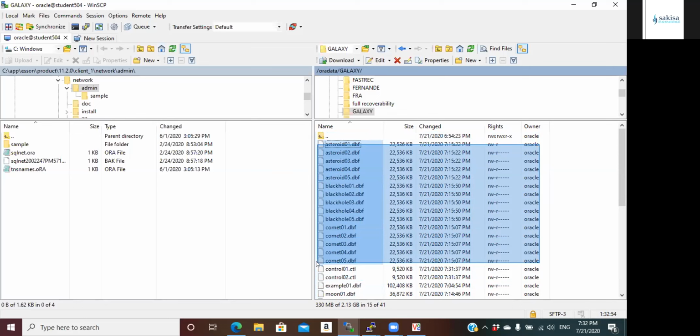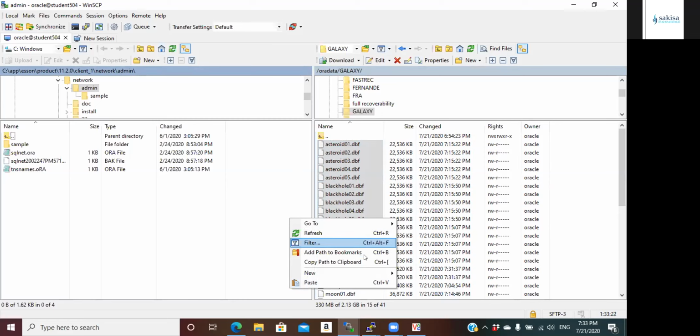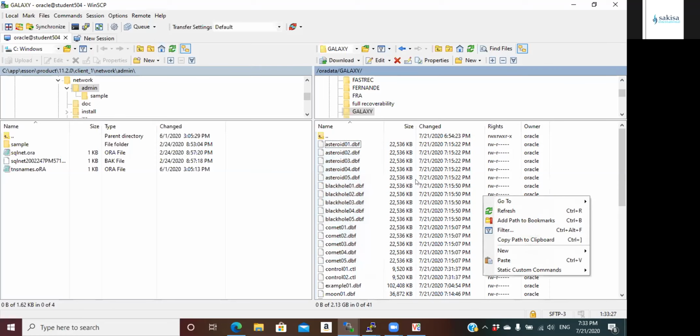Yeah, you need your control files. Just right click on there, where you selected. Delete it, yes.